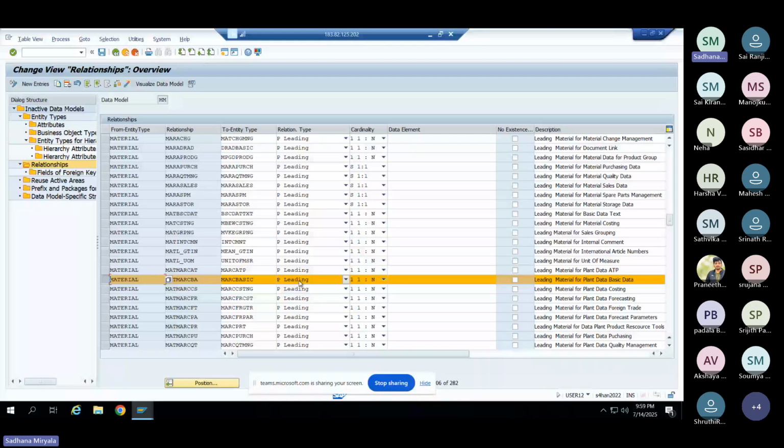And let's take the qualifying. Qualifying means, if you want to display your output in list form, not the form view. Let me show you that. So when we go to the NWBC screen,